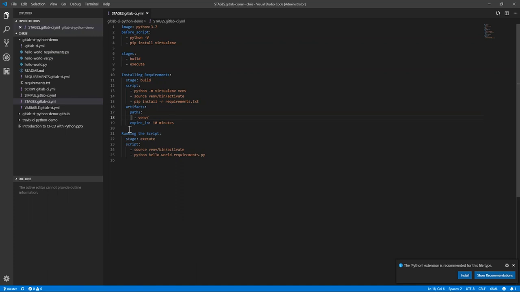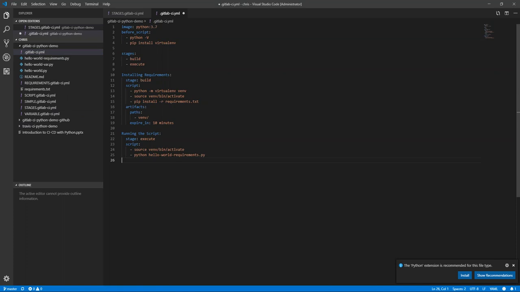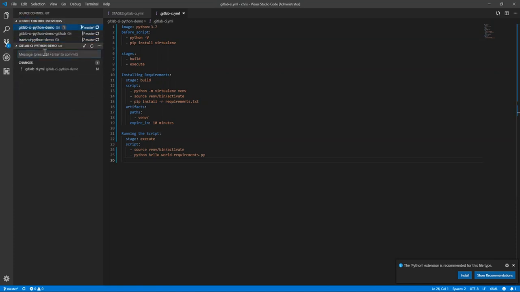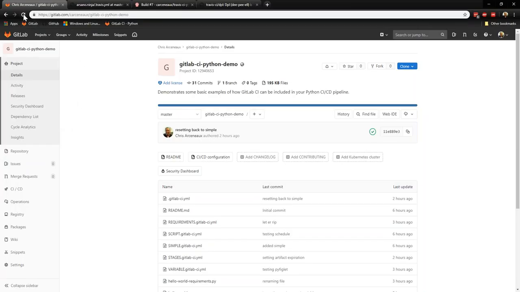Now we're on to the next one, where I'm running the script, executing. It activates that virtual environment, and because that virtual environment already has my requirements, it is then able to jump straight into running my script. So let's check this one out and see it in action. I'm going to make a commit. We're going to sync that commit up. And if we go back here,